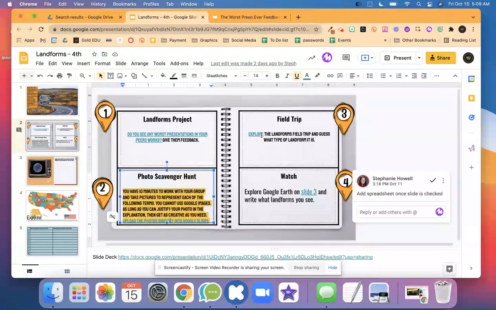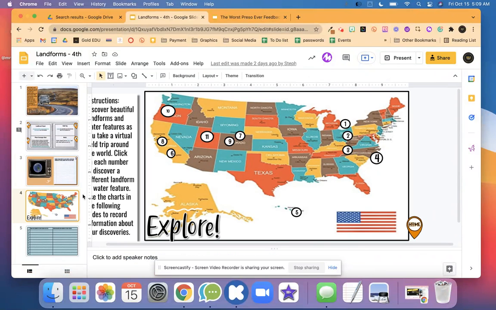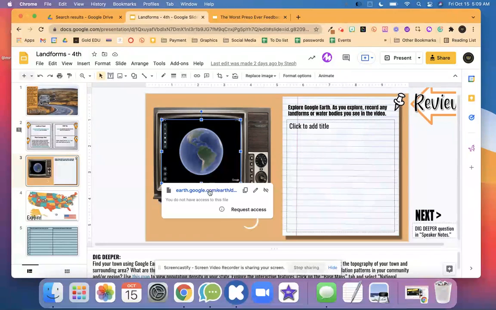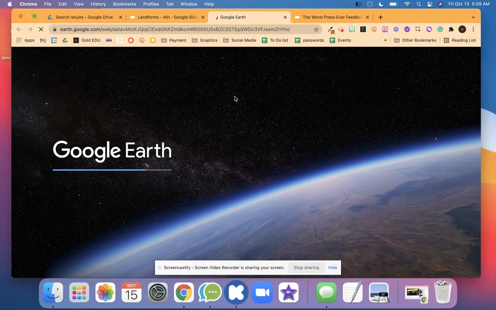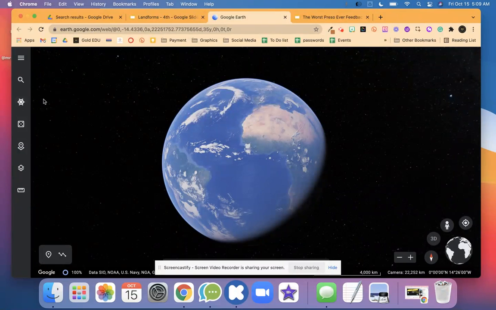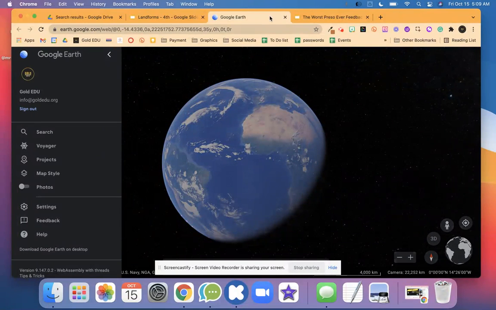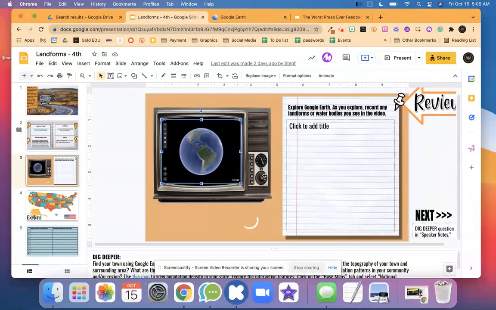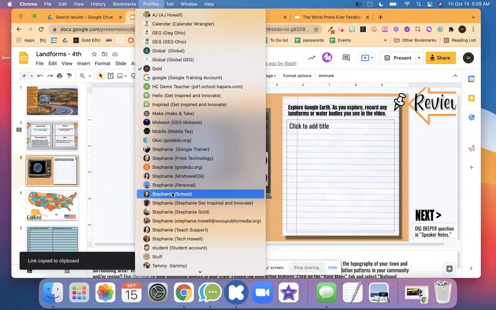And then this next one, they start to explore this field trip. So they go to Google Earth. This can take some time to load on the students' devices. And so right here, students will be on Google Earth, and then they can check out that project. And I might need to, so they will just copy this. Let me go back to